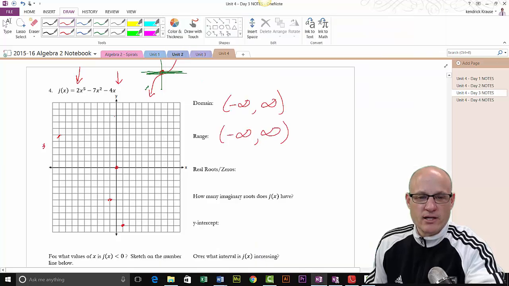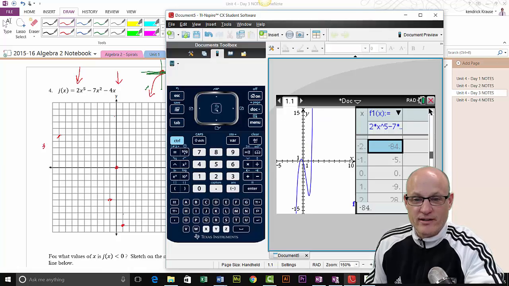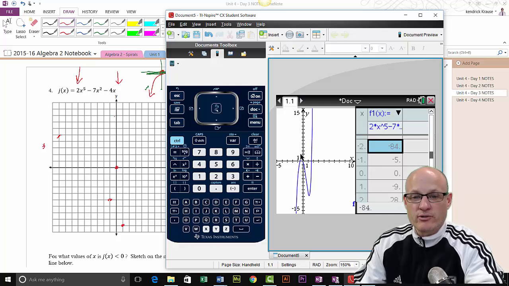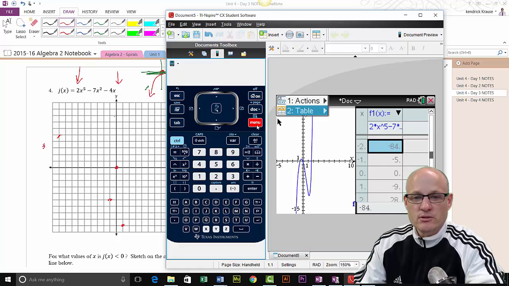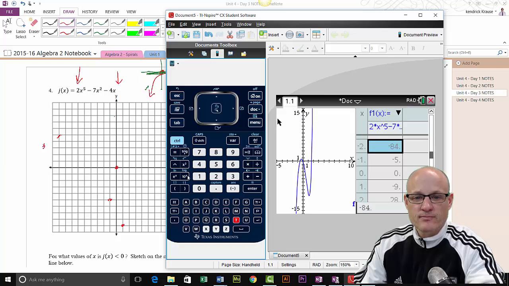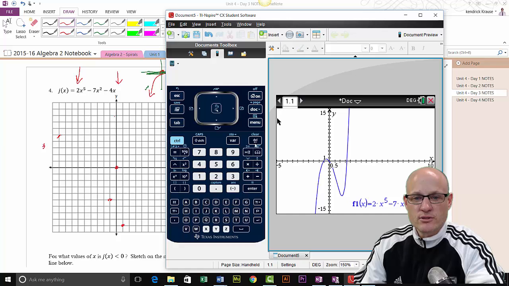And 2, 28. So that's it. That's all I got for points, and I don't even know if that's a min or a max. So let's go through. I hate looking at this. So what we need to do is find some roots. So zoom. Let's get out of this thing. Control T. Let's see if we can menu